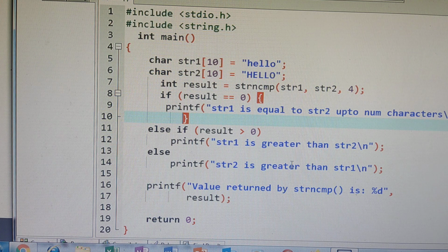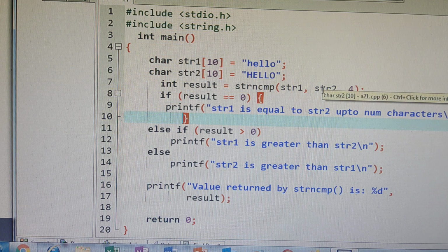If it is not equal, then you will get 1. If the value is greater than 0, then string 1 is greater than string 2. Or if it is less than 0, the first string is less than the second string. So 3 possibilities I have already explained.